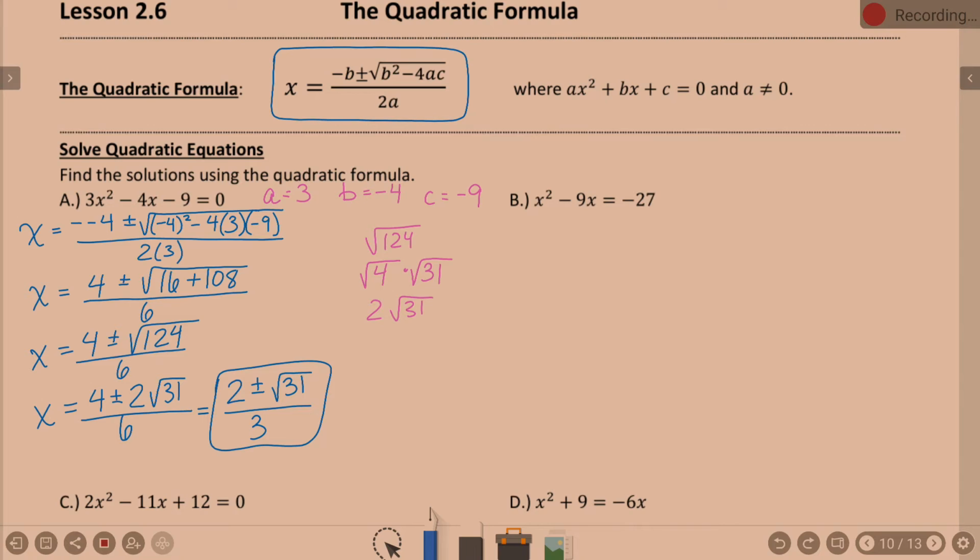Solving quadratic equations, which is a lot. There's a lot that we do with solving quadratic equations. Why do I need to solve